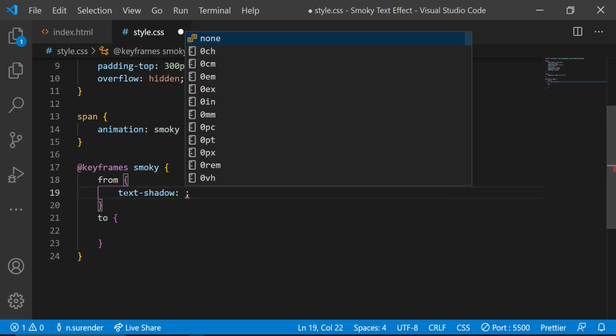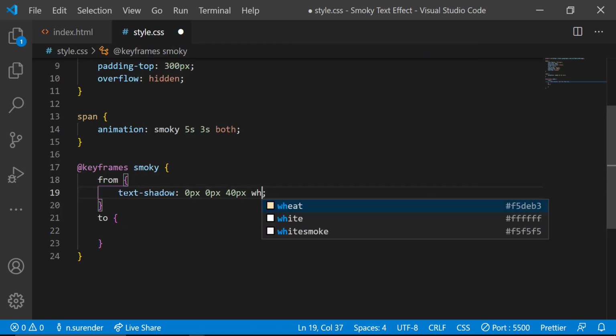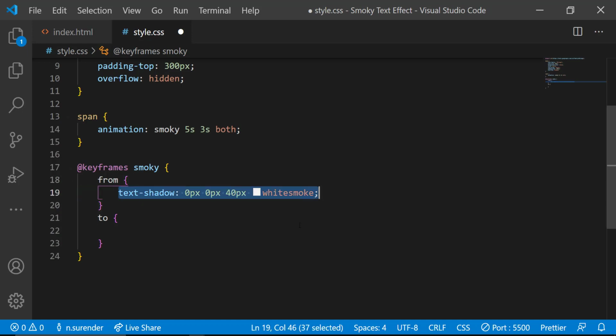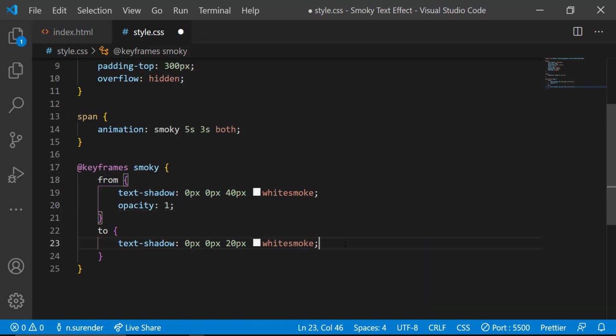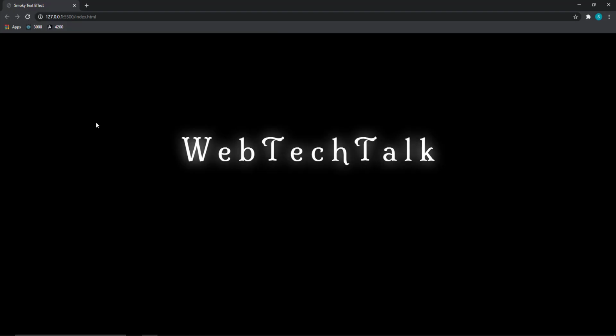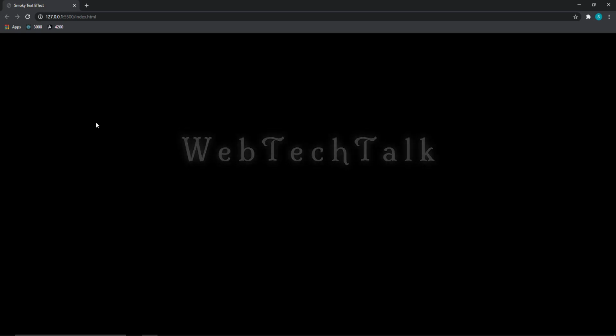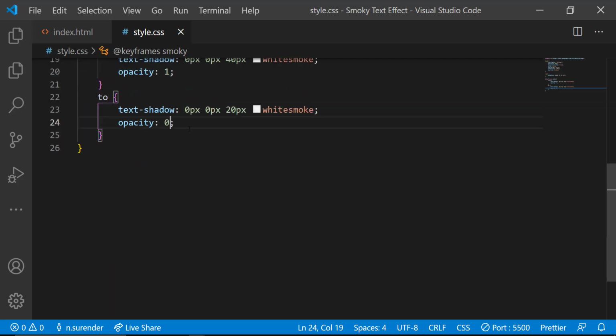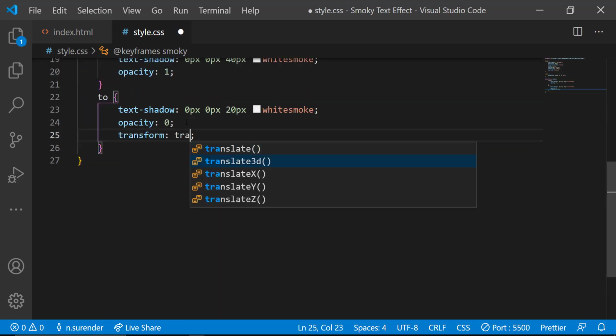In the start of the animation, we shall give a text shadow of 40 pixel, and during the end, let's change it to 20 pixel. Similarly, let's give opacity 1 at the start and change it to 0 at the end so that the text vanish. Now let's add another effect by adding transform property at the end of the animation, in which we shall